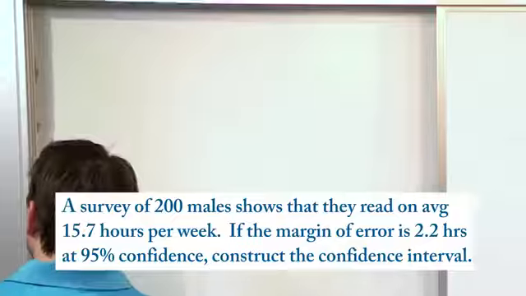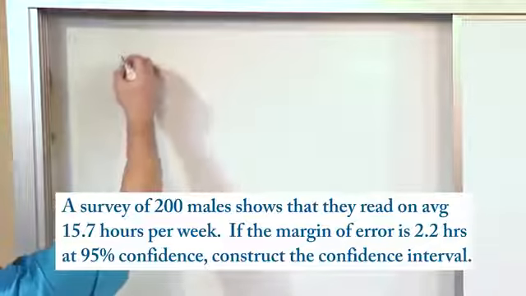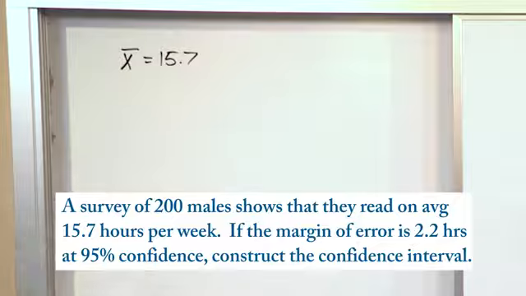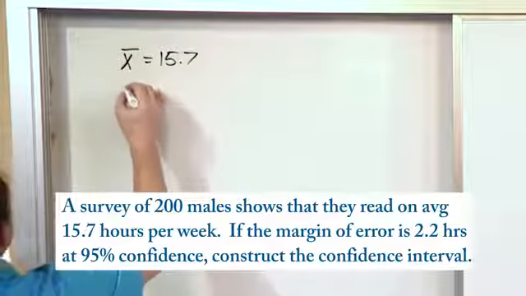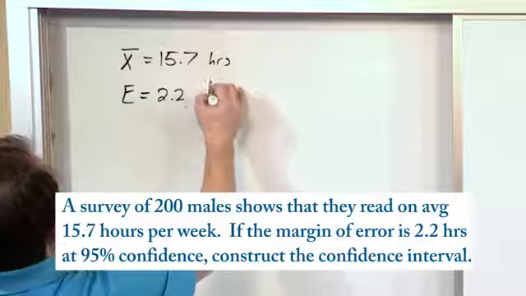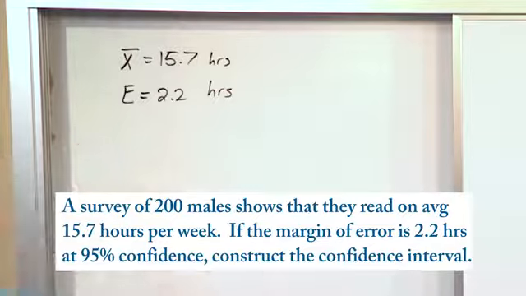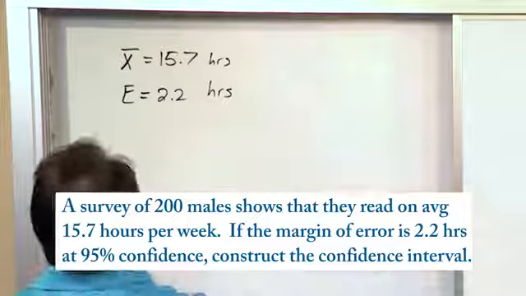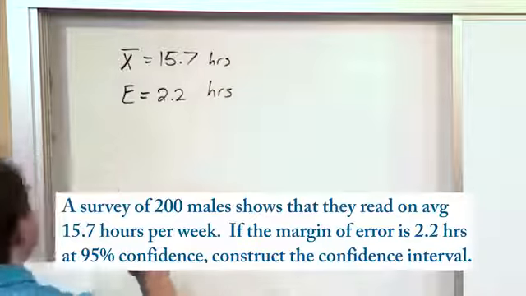We know from the problem that the sample mean is equal to 15.7 hours. That is what we have surveyed, 200 males, right? And we also know the margin of error, which we said we would denote with E, is 2.2 hours. And we need to calculate a confidence interval. Very, very simple to do, really, once you understand and remember that